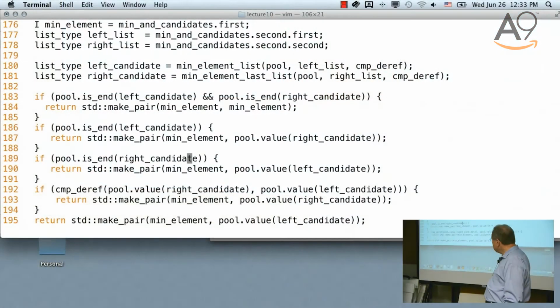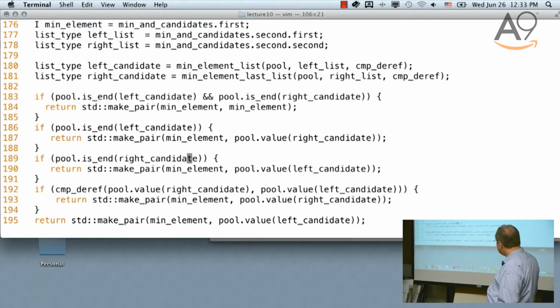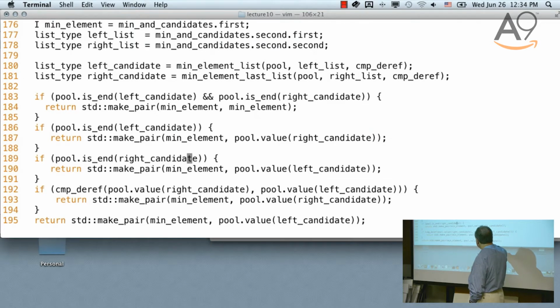So, okay, the other cases are straightforward. If there's nothing on the left, but there is something on the right, we return that. The opposite in the other case, otherwise we need to compare the two, carefully. If right is less than left, then return right, otherwise return left. Yes. Okay. Right, I think all of this would be much simpler if we had a pointer to the